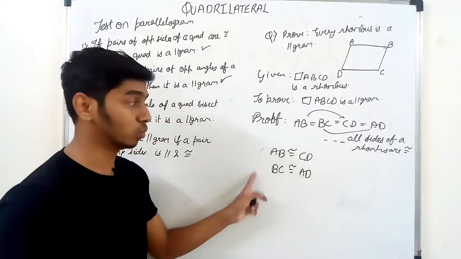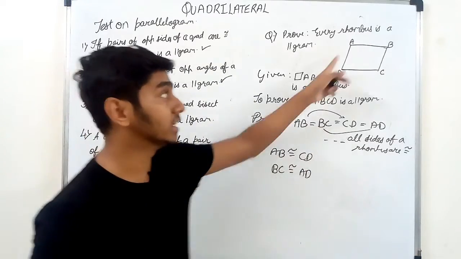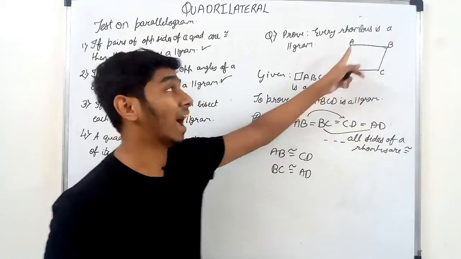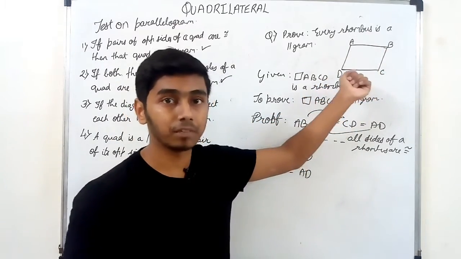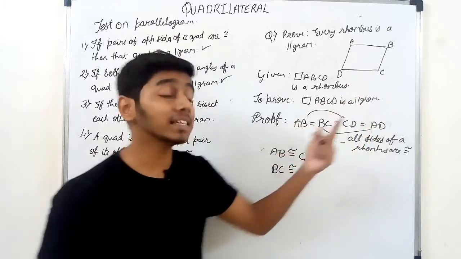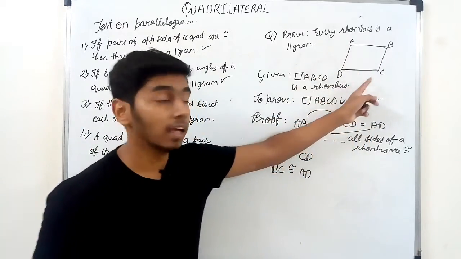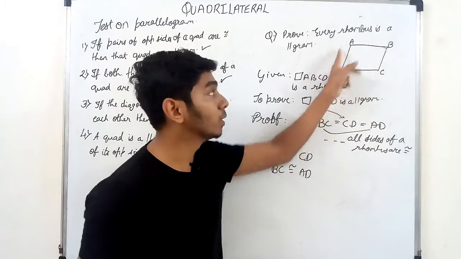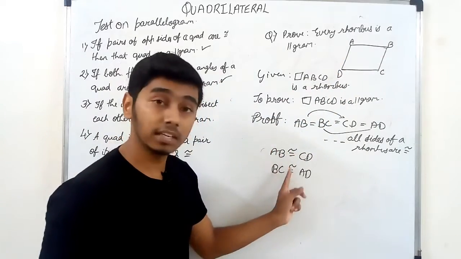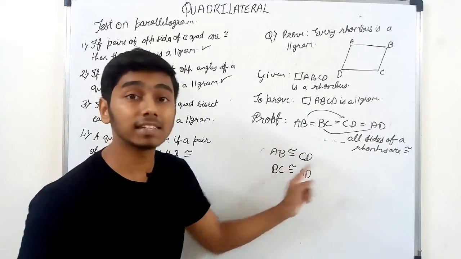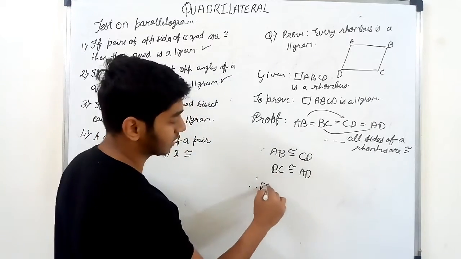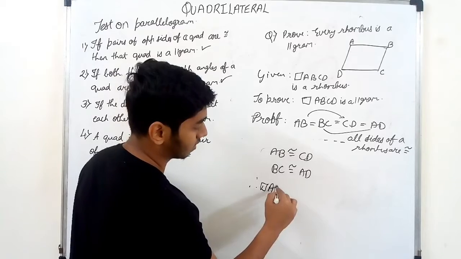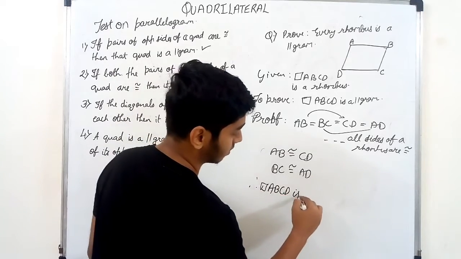So if you consider these two, again AB is congruent to CD, yes or no? Actually AB is congruent to all three, all the other three. But let's consider AB congruent to CD and BC congruent to AD. So here if you see opposite sides, right? Opposite sides are congruent. Therefore, we can say quadrilateral ABCD is a